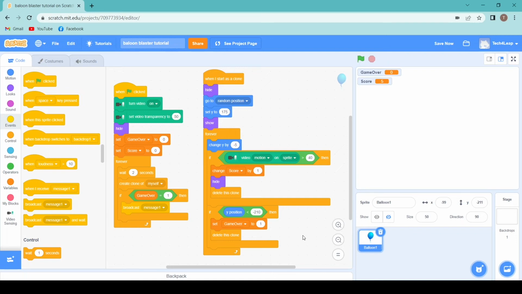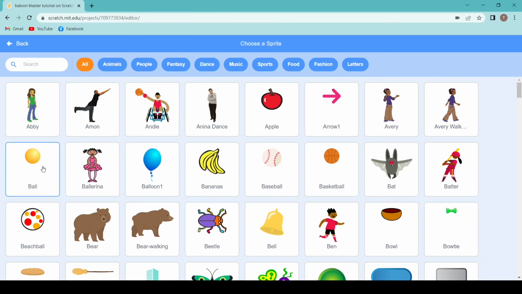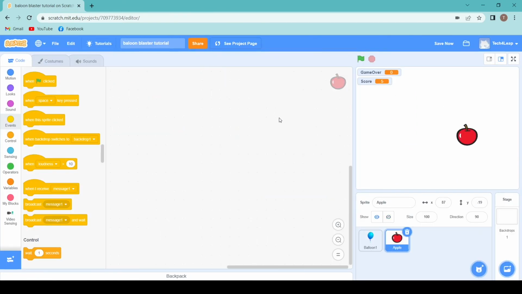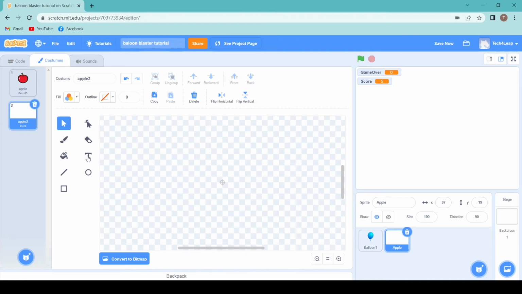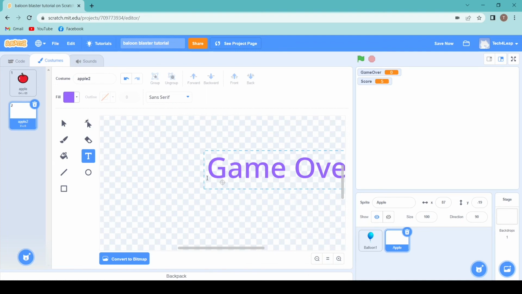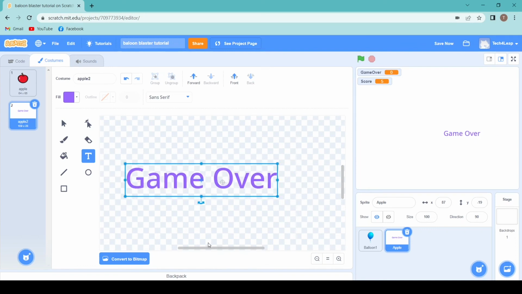So let's create another sprite. I just want a simple sprite. I just create an apple, go to it. I don't want to use the apple costume, so I'm going to create a duplicate and delete this apple completely. What I will do is I want to write the text saying game over. Bring it at the center. You can see the size of the game over here with this. Bring it at the center